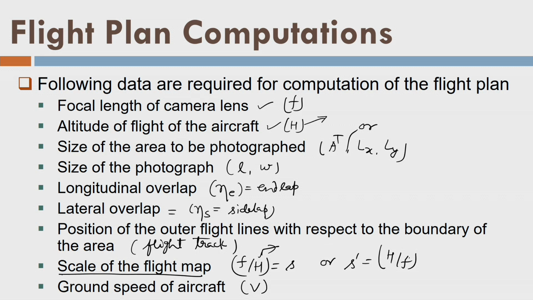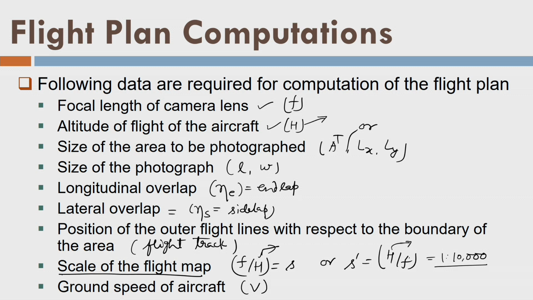So, I know this is whatever scale. For example, if I have 1:10,000 scale, which is very high, right. So, accordingly I will decide what should be the flying height h, because this flying height a pilot needs to fly the aircraft at. So, once it flies at flying height h, the photographs will be of the scale f by h, because f is the focal length of camera.